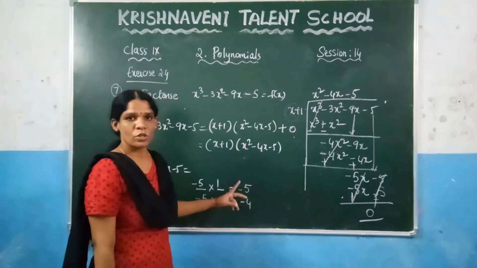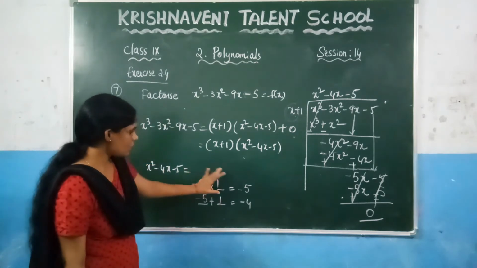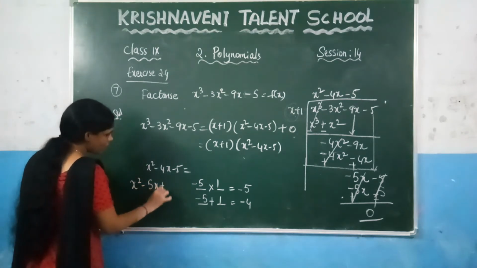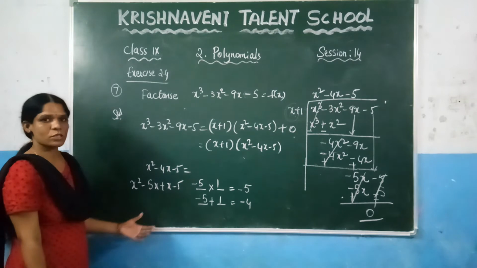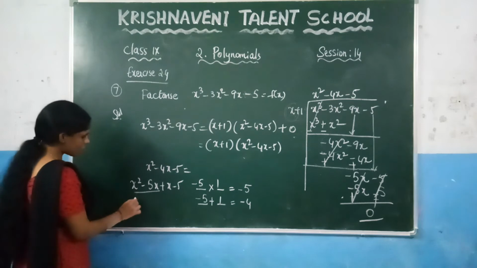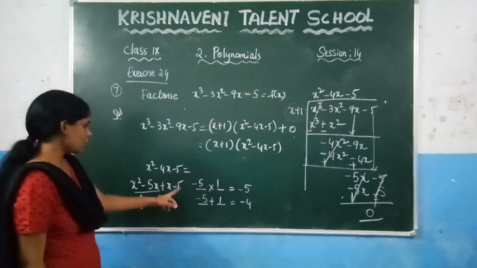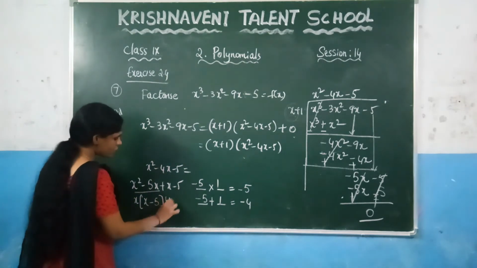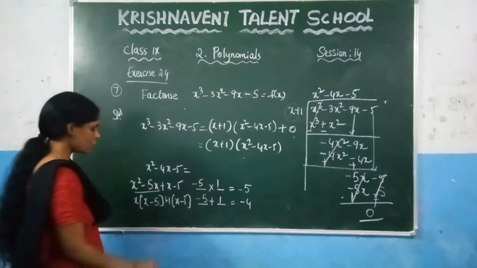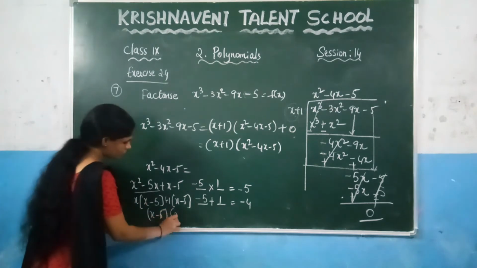Which is minus 4. So here you need to split this minus 4x as minus 5x plus x. So split it as minus 5x plus x minus 5. Like that you need to split it. And from these two terms you can take x common. If you take x common, what will be left out? 1x will be there and here 5 will be there. And in this you can take 1 common. So plus 1 into, write what is the number. Again x minus 5 is common, you can write x minus 5. What is the number left out here? Which is x plus 1.